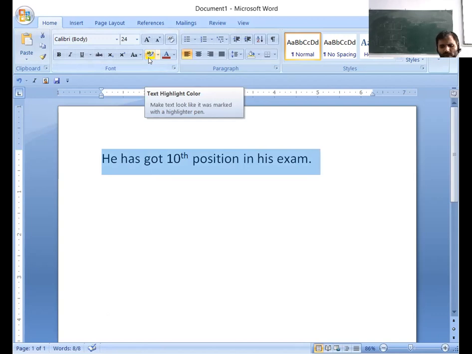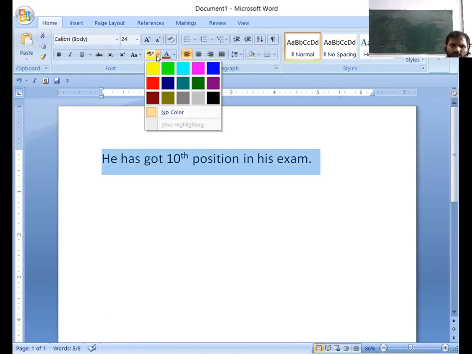First I have to select the text which I want to highlight, then go to the home tab, font section, and text highlight. On the text highlight, I place my pointer and choose a different color. We can apply a highlight color on the text.